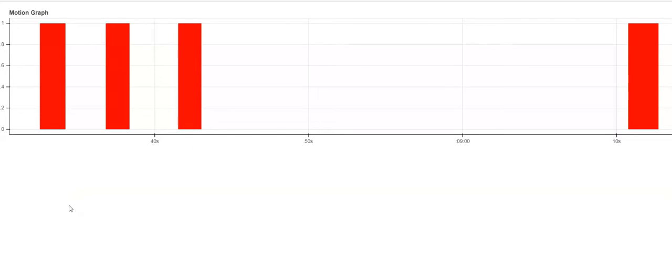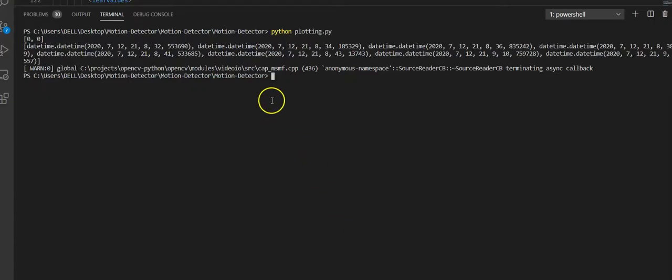Moving on to the next part where we will detect cars moving on the road. We used our webcam camera for this part of the project, but for the next part, we have used an MP4 file, a video file of cars moving on the street. Obviously, the reason is that we can't detect cars in our own house. So let's move on. Let's see the next part of our project.